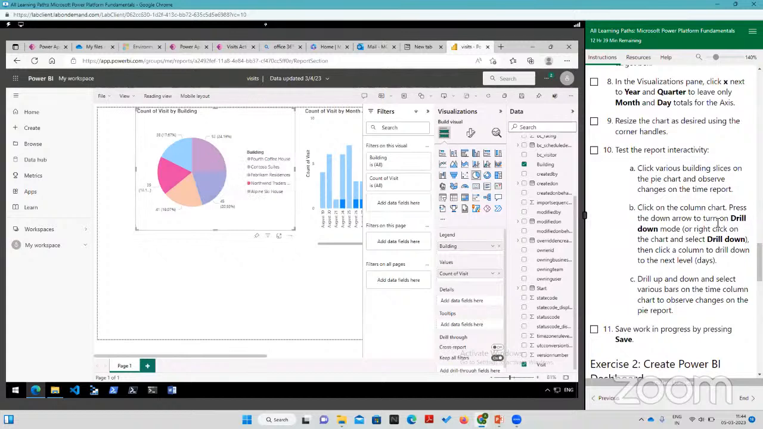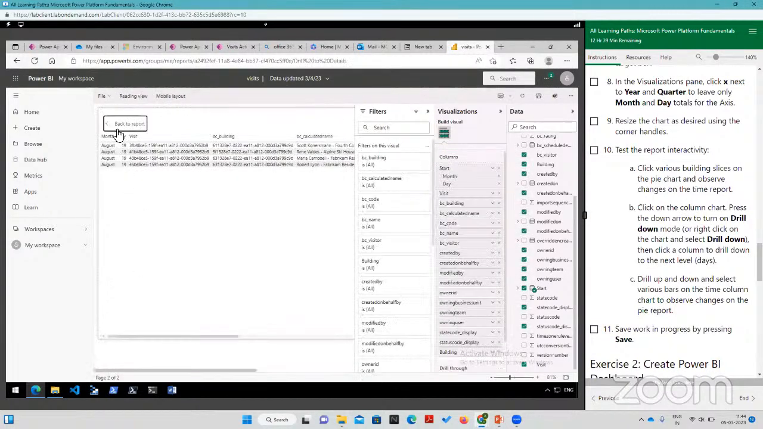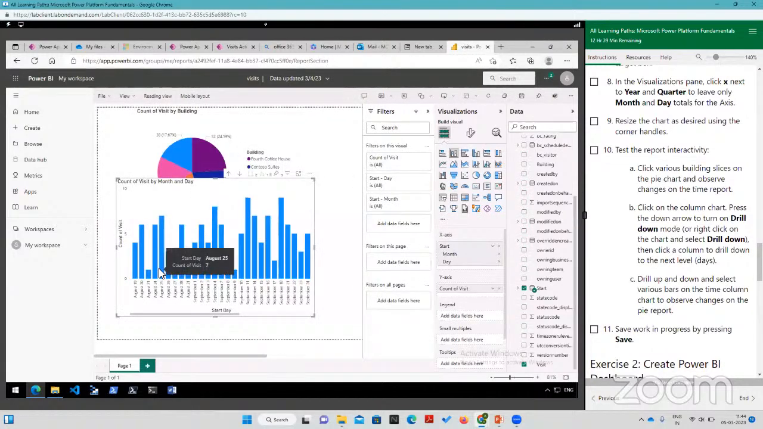Then next, click on column chart, press the down arrow to turn on the drill down. There is something called drill down. Let me tell you what that is. So when I click on a column of a chart, it will first give me the data. But this down arrow, this is drill down. So if I click on this and click on a point,